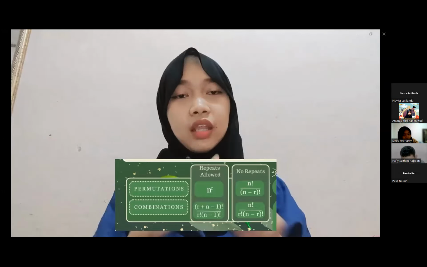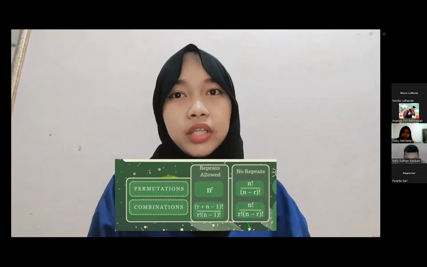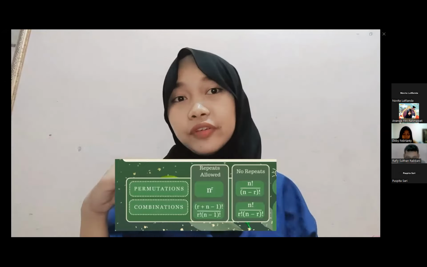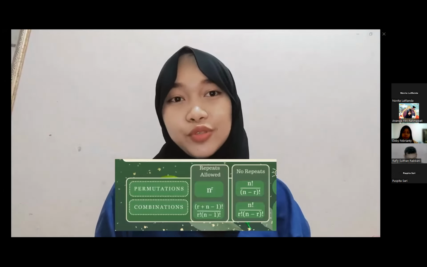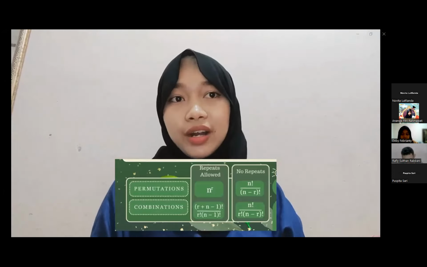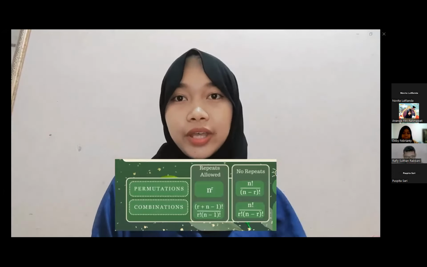For example, the first 3 people in a running race, you can't be first and second. And then we talk about permutation with repetition. These are the easiest to calculate. When a thing has n different types, we have n choices each time. So the formula is simply n to the r, where n is the number of things to choose from and we choose r of them. Repetition is allowed and order matters.